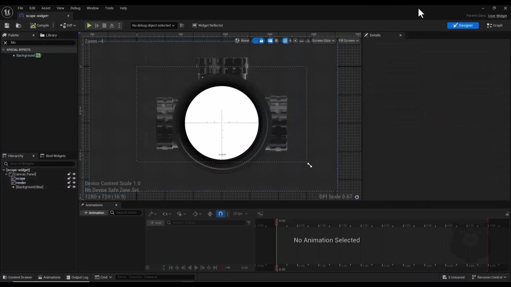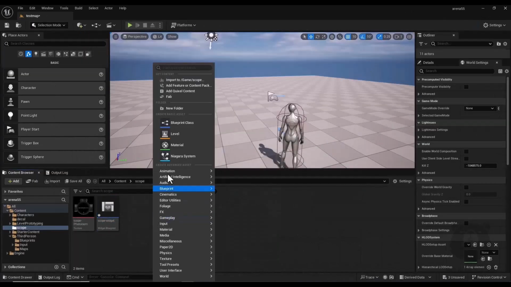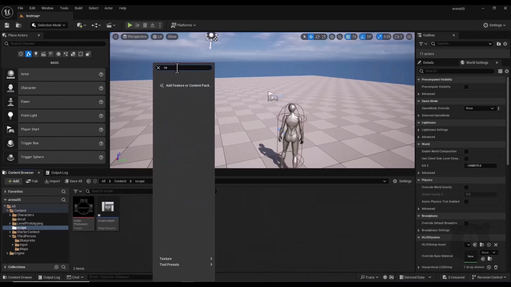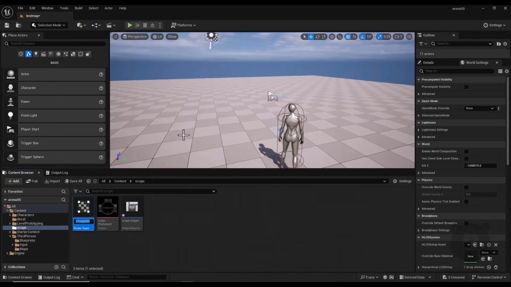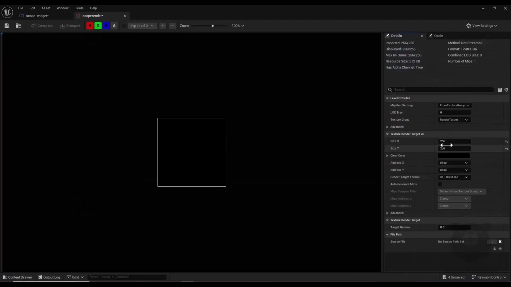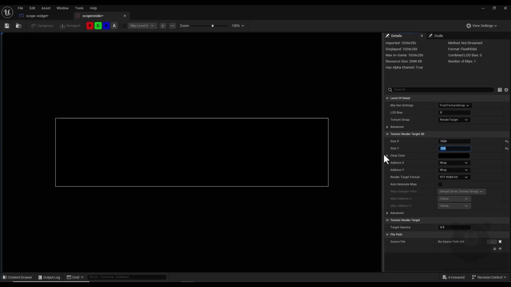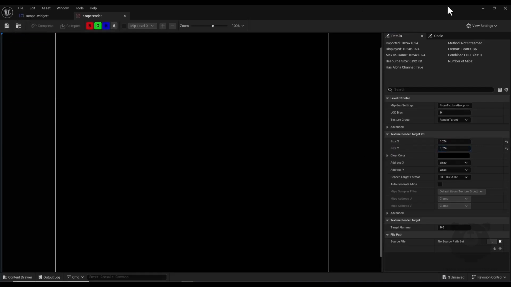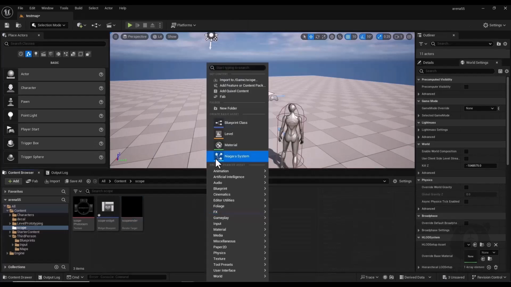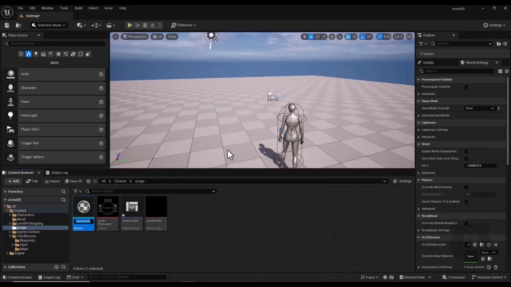Alright, now I compile and minimize this widget, and here I right click and search for render target and I name it scope render. Now I open it up and I set size X to 1024 and also size Y to 1024. Now I save and minimize it, and here I right click and create a new material and I name it